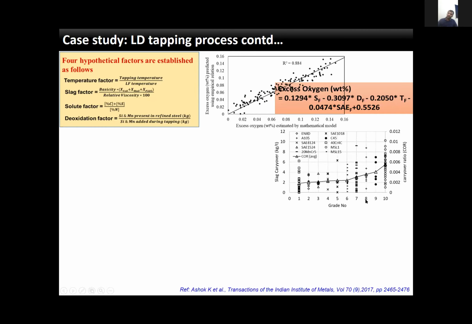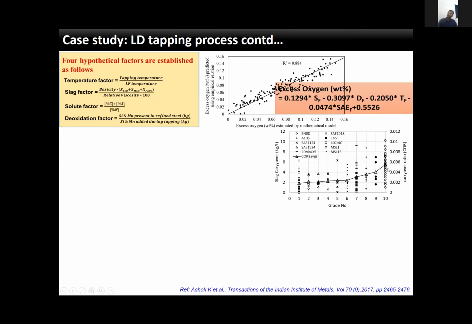From grade 1 to grade 10, if you move, the carbon and the phosphorus in the crude steel is lean. It means more carbon and phosphorus is present in grade 1 and grade 2. And when you move to grade number 10, the carbon and phosphorus level is very low. It means when you drive the BOF process hard, when you inject more oxygen, when you run the BOF process intensively to remove carbon and phosphorus, the physicochemical aspects of the slag will change, and that will basically encourage more slag carryover.